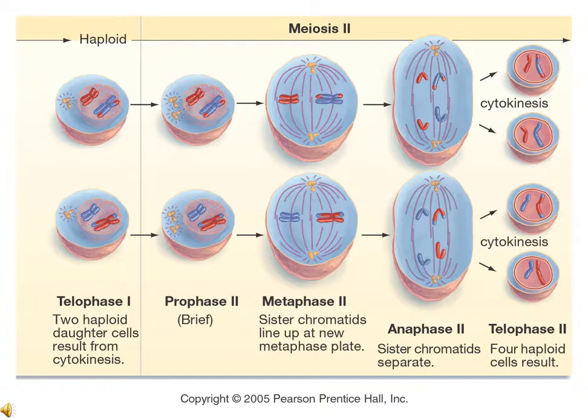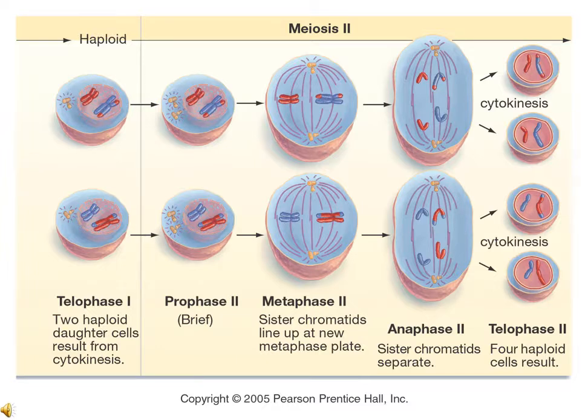Now, as you can see, meiosis 2 is essentially identical to mitosis. The 2 chromosomes will now go through a process of prophase 2. In metaphase 2, the single chromosomes line up, and the chromatids now get pulled apart, and you end up in anaphase 2 with all of the chromatids moving towards their respective poles, and the end result from meiosis 1 and meiosis 2 are 1, 2, 3, 4